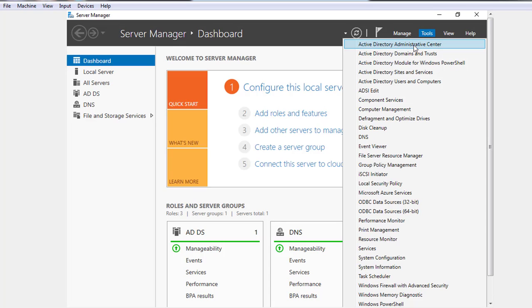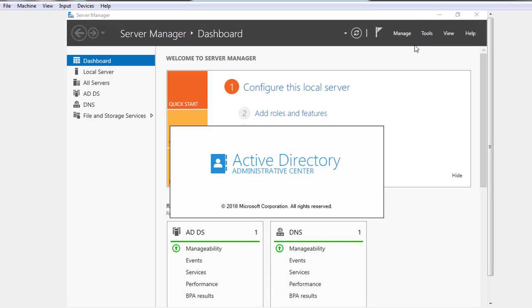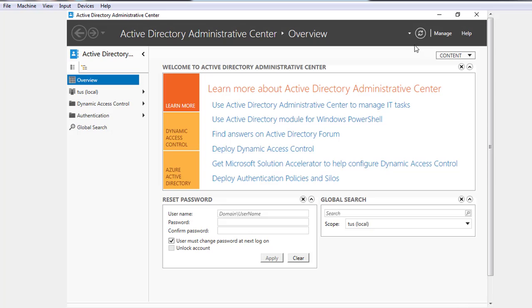So go to Active Directory Administrative Center.